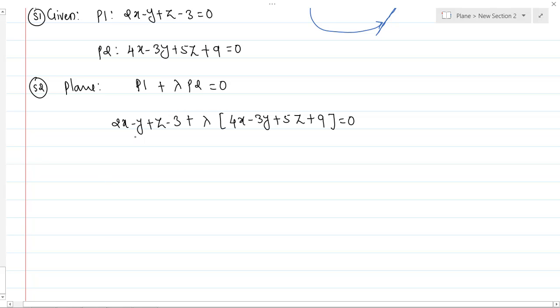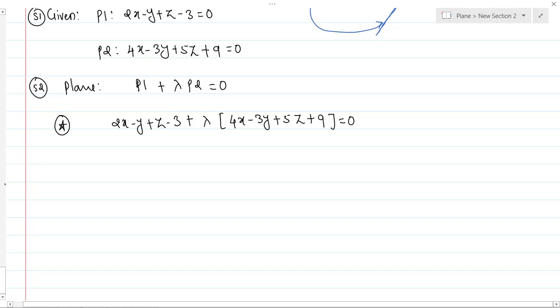Okay, now how will you get the value of lambda? Look at the question now. In the previous questions they had given that the plane is passing through some point. So we substituted those coordinates in this equation and got the value of lambda. But in this question they have not given the point. Instead they have said that the line and the plane are parallel to each other, which means both have the same direction ratios. So can you get the direction ratio of this plane?